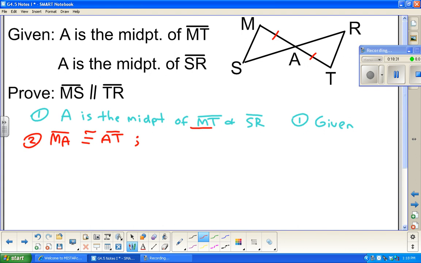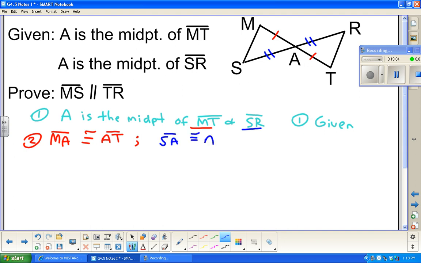Okay, what else is kind of a direct consequence of our given? What's the other part? Okay, yeah, if A is the midpoint of SR, then these two are also congruent. But we don't know that all four are congruent to each other, so I'm going to use two marks in the SA part and the AR part because they could be different than the MA and the AT part. Okay, but we do know they're congruent. SA